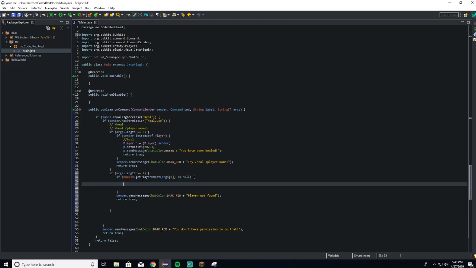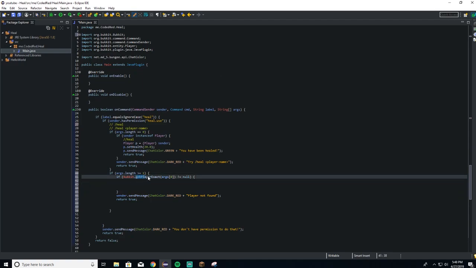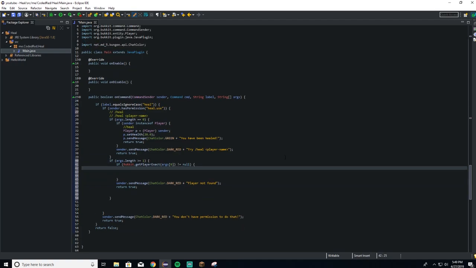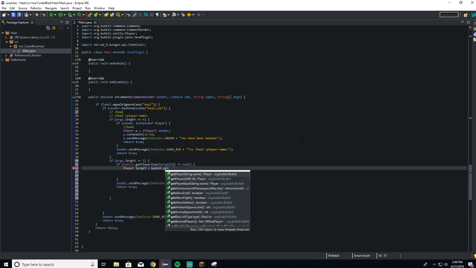All right. What getPlayerExact does, it checks and gets the full exact name, and if the exact name is not on the server, then it'll just return null and say player not found. Now that we have the exact, we'll go ahead and create the player. To create the target player, same thing as creating a normal player. We're just gonna name it target. So player target equals Bukkit dot getPlayer,